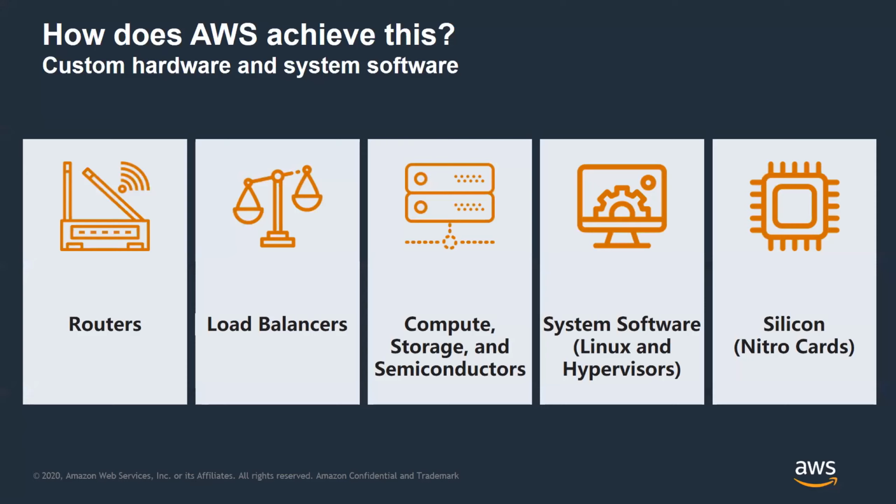And a lot of people think that AWS is basically a hardware and software company, and we are. But unlike some companies, we basically build our own stuff because the scale of the AWS world is pretty ginormous, right? We build our own routers, right? We don't buy anybody's routers. We build our own to be able to get the kind of performance and latency out of it that we need to. Same with load balancers. Same with compute and storage.